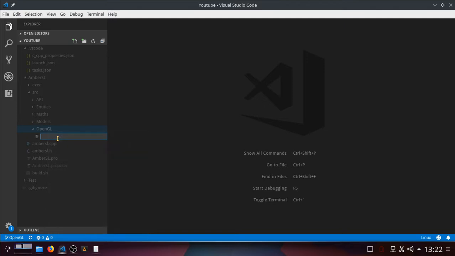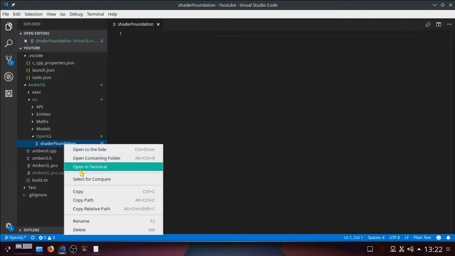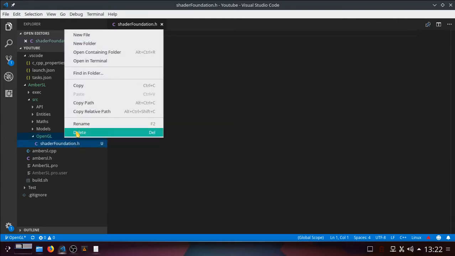New file. And I'm going to call the first file ShaderFoundation. There we go. And the second file, oops, nope, the first file should be the header file. Oh dear, here we go. Ah, bless, you can see I haven't programmed for a couple of days, can't you? .h, and we need